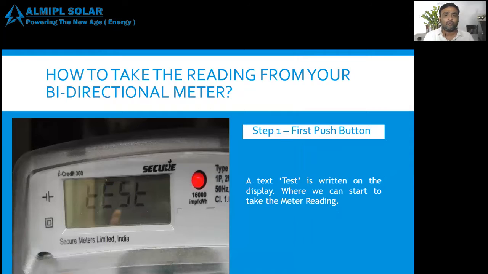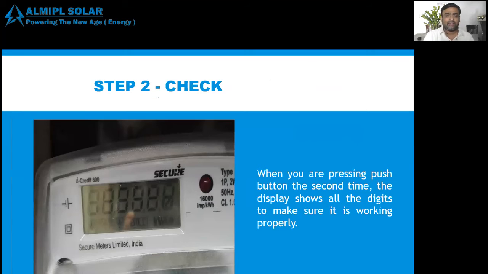So, how do we take the reading from your bi-directional meter? There are steps, and a push button is available. We need to take that into consideration. Step 1, press the push button first. The display shows a test message, after which we can start to take the meter reading.